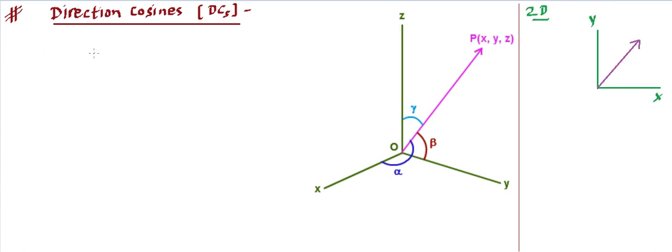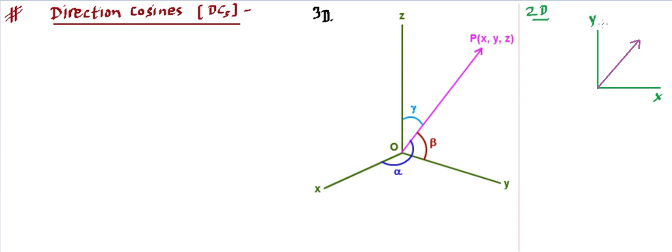Now let's move towards another important point, and probably the last point in vectors, and this is known as direction cosines. What they mean, we will be understanding in a better fashion. Prior to that, let's talk about the two-dimensional case. This is related to the 3D case. So to understand what goes on in 3D, let's talk about what goes on in 2D, which is easier for us.